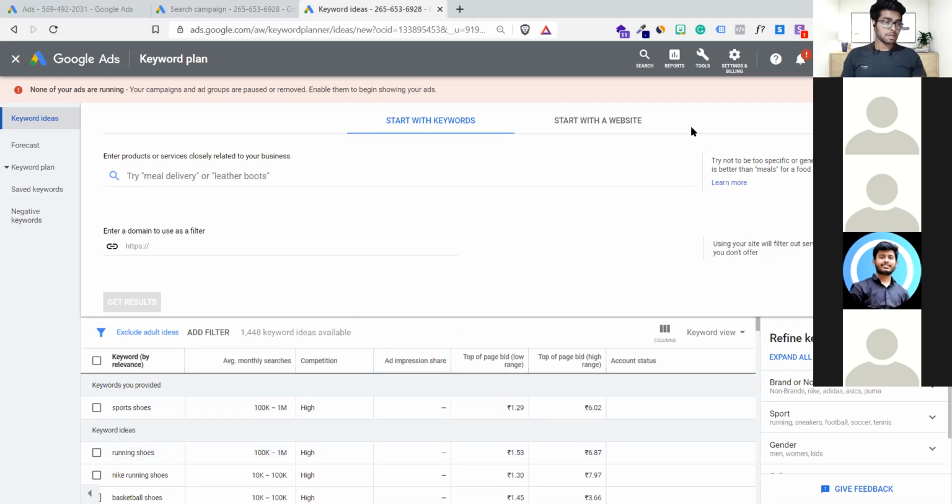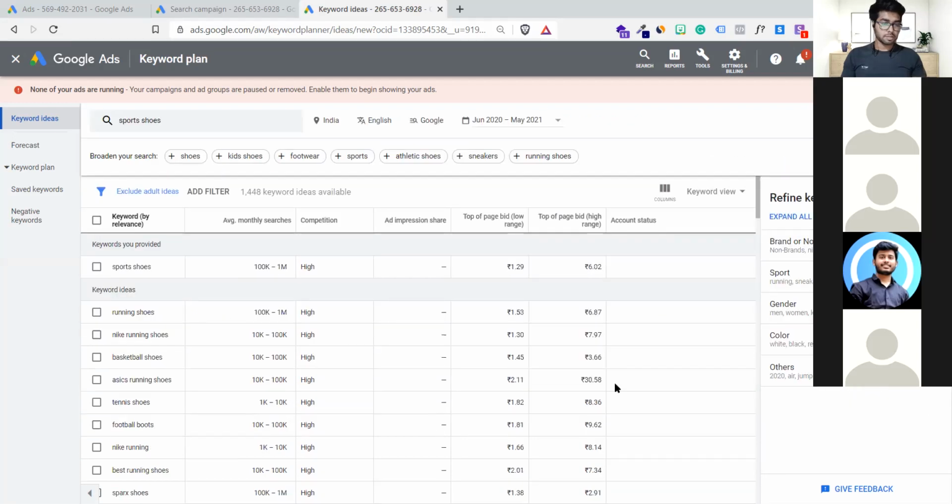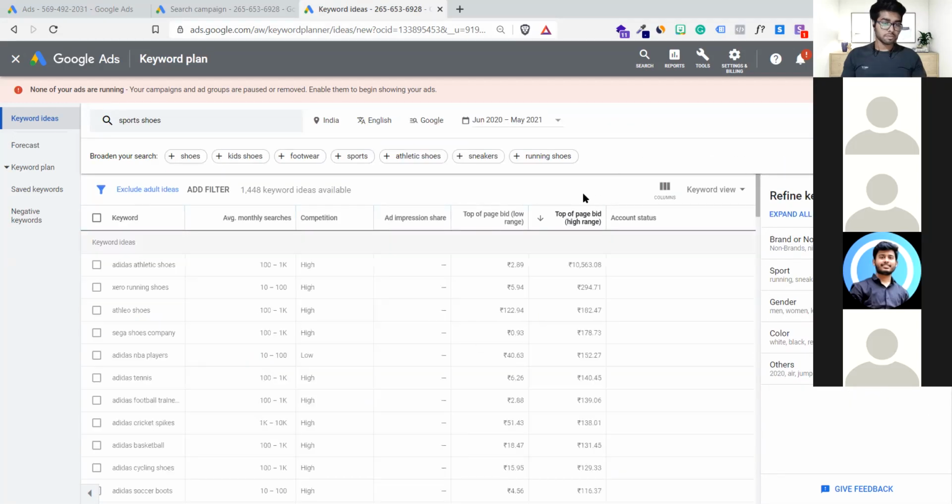And the highest. Okay, let me just show you what is the highest bid here. You can add a filter. Let me just quickly show you the highest one. Can you just imagine this bid? 10,000 rupees for each click. This is something Adidas can pay for just one click. At Adidas athletic shoes, this is a highly super targeted keyword. No one can afford this kind of bidding in the market. Only Adidas can.